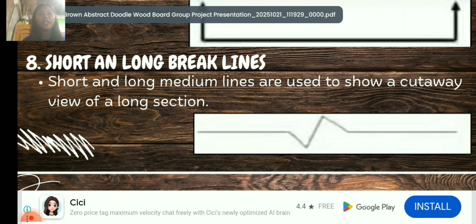Short break lines are used to show that a small portion of an object has been removed for clarity. Think of a short break line as zooming in by removing a small section. Long break lines indicate that the section is identical to what's shown and doesn't need to be fully drawn.